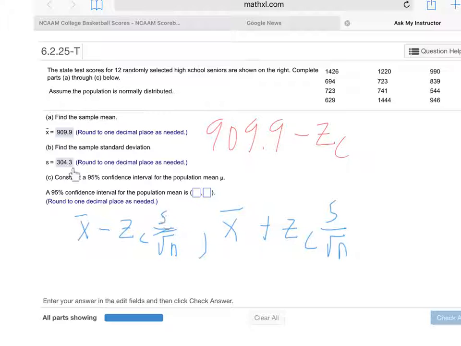Then times s, which you've already calculated, 304.3 over the square root of n, and I guess n is what, 12 for this problem. You got I think 12 numbers up here, so it gives you this. You'd already calculated those two numbers, and so you just need to figure out z like you did the previous problem,